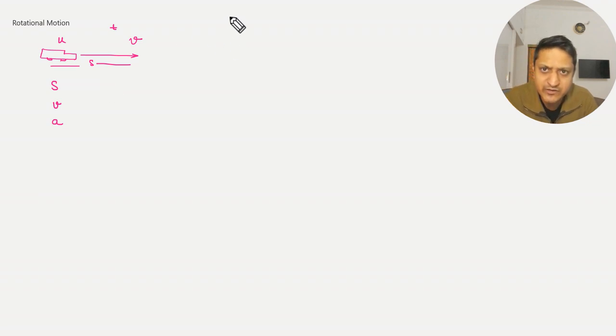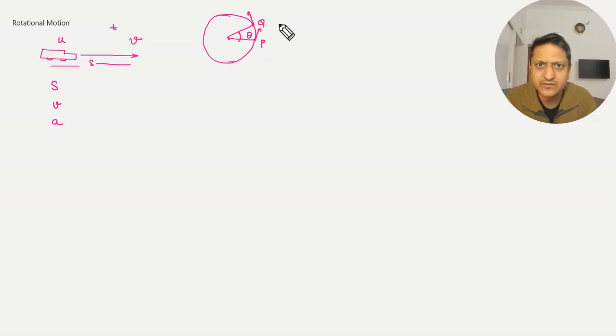So in rotational motion, in circular motion, we have different symbols. First of all, this S, the displacement, becomes theta here, because this particle went from P to Q. So we say that this much theta has been covered by this point. If this point is now moving like this, then this